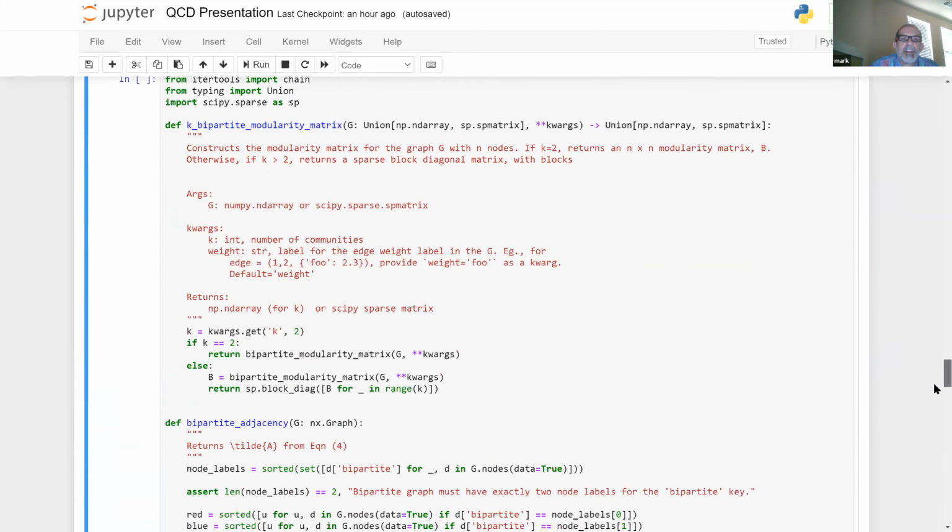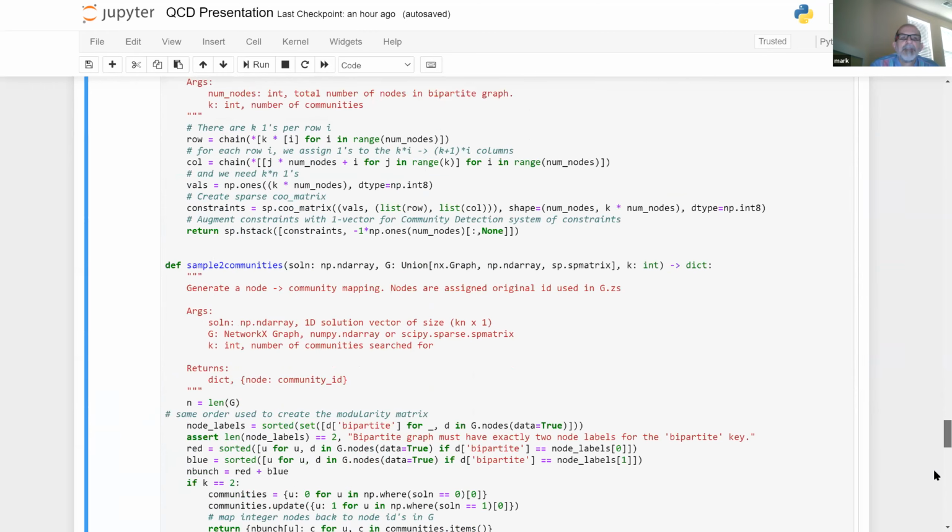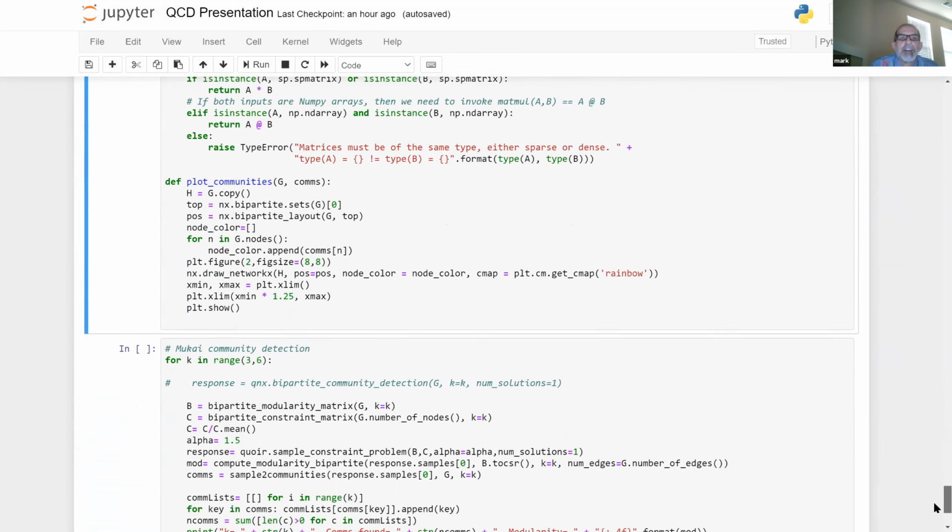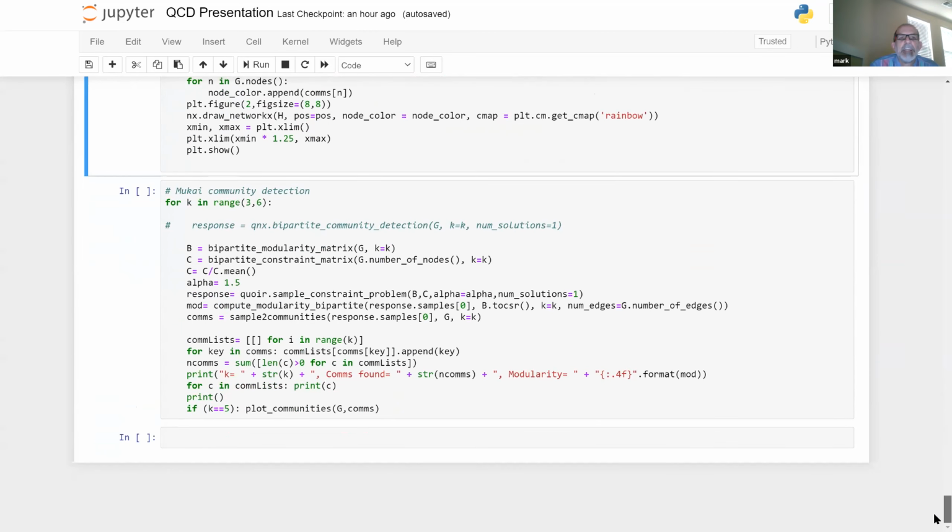But we're still working on the infrastructure a little bit. So this is the under the covers part that you would have to write yourself if you want to do some community detection. We didn't provide that facility, and then it's sort of nice because you can see that under the covers,